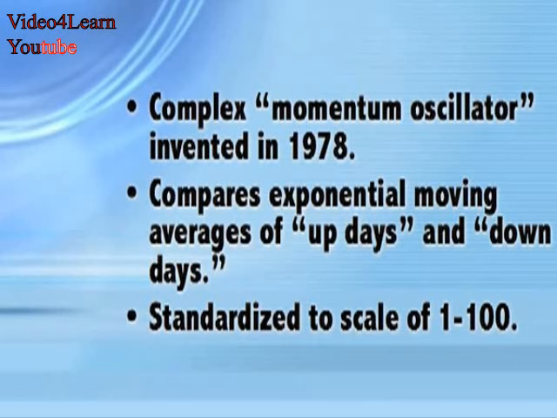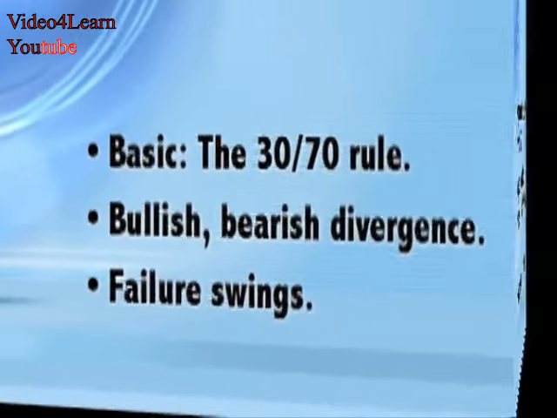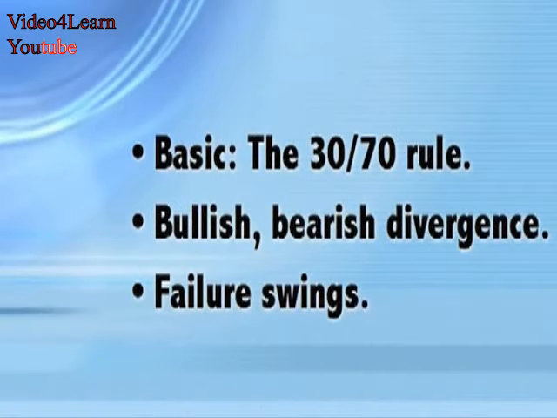This is done by comparing the exponential moving averages of the stock's up days, days on which it closed higher than the previous day, with the exponential moving averages of the stock's down days, days on which the closing price was lower than the previous day's close, and standardizing the number on a scale of 1 to 100 so it's easy to read. Knowing this information can help you see when a stock is overbought or oversold and due for